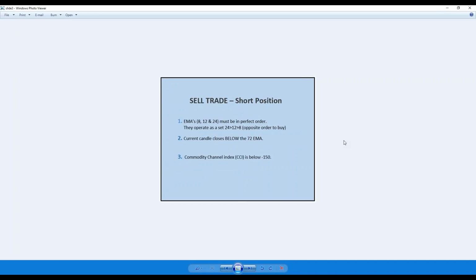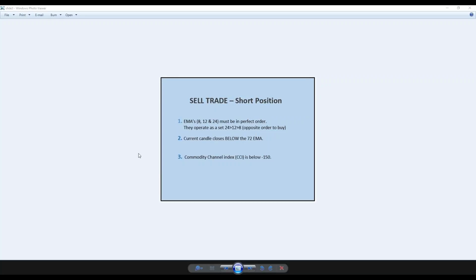For the sell, it's exactly the same thing. Everything, of course, just in reverse order. So we want the moving averages, the 8, 12, and 24. They must be in perfect order, but this time in reverse. All right, so meaning that this time I need